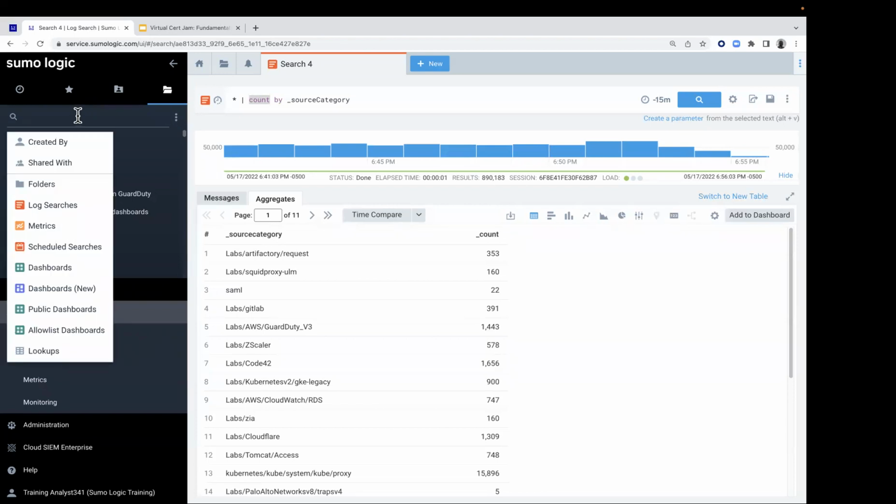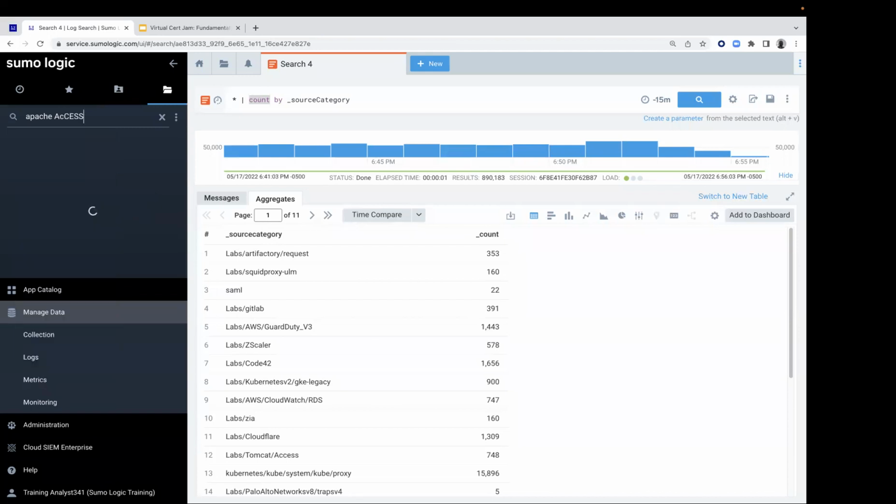Now, in case this appears on your exam, the search area is case insensitive. We're going to search for Apache access. And I'm just being difficult here. I'm just showing you mixed case. Again, it's case insensitive. You should now see under your library folder, after you've searched for Apache access, a folder